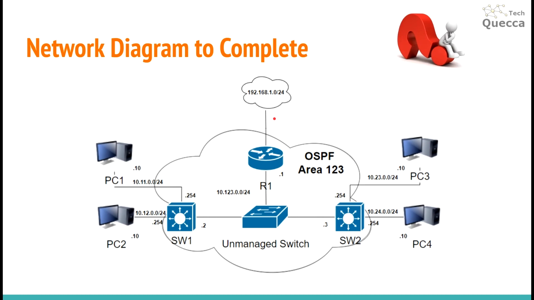So this is the network diagram to complete. We need to do OSPF area 123 configuration on R1, on SW2 layer 3 switch, and on SW1 layer 3 switch. This switch is unmanaged. I'm not going to touch it. Then I want to configure a default route to the outside network and advertise it to the OSPF area. Then I want to configure passive interfaces, these four facing